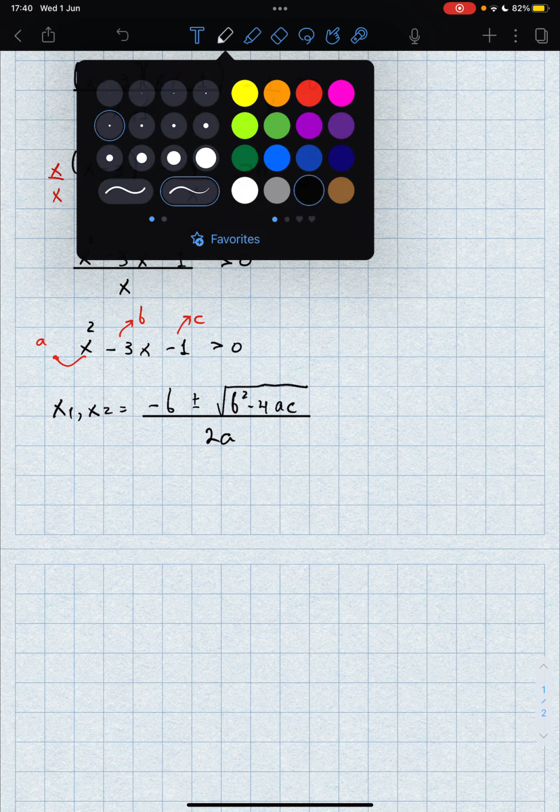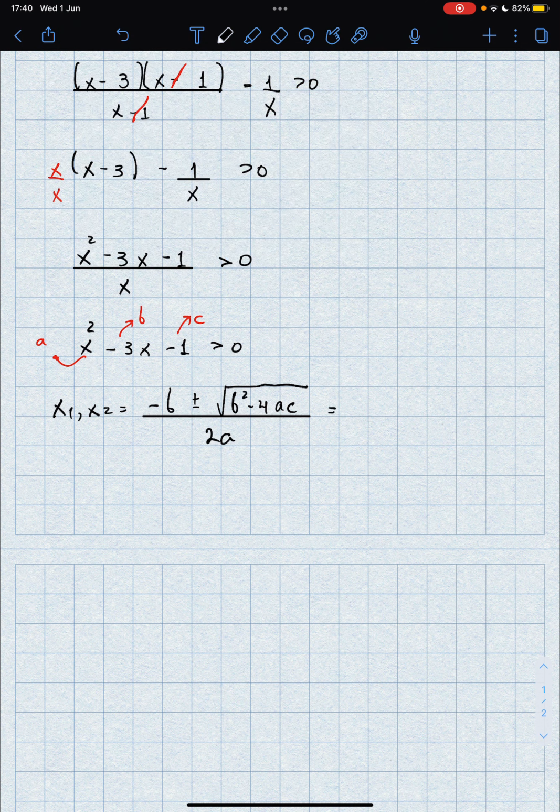Okay, so let's do it. This is gonna be minus minus 3, right? And here we're gonna have minus 3 squared minus 4 multiplied by a, which is 1, and c is minus 1,